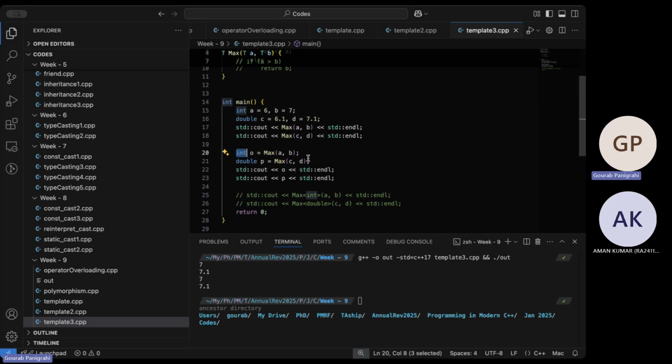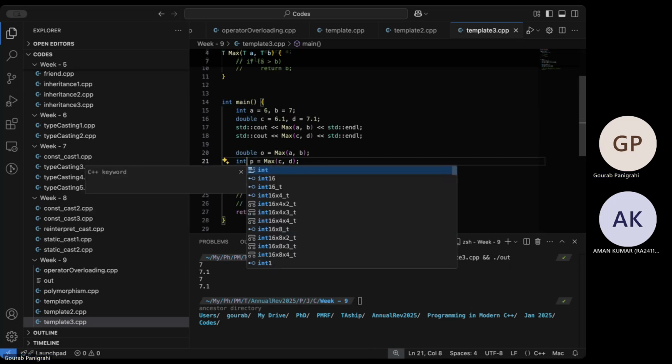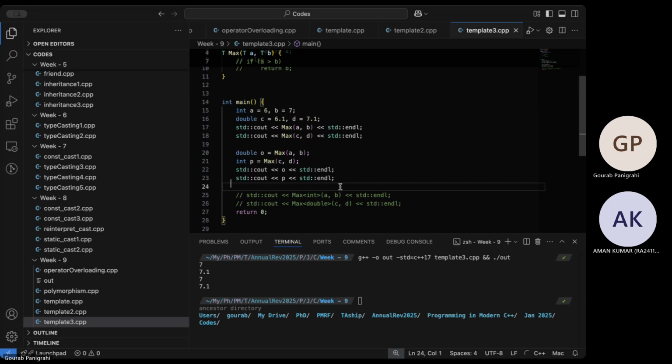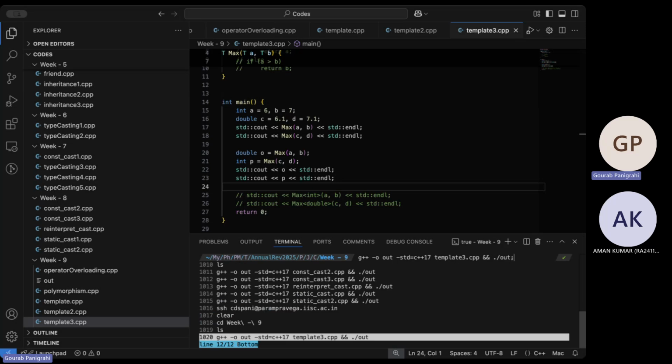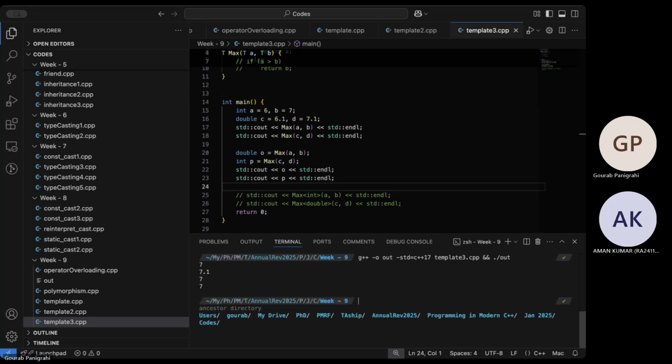But let's say I change it to this and to this. Just need to change them and then try to print. For printing, it doesn't matter what you're giving because it will just print whatever O has or P has. But what about these lines? Let's see. Yeah, so one has to be careful.